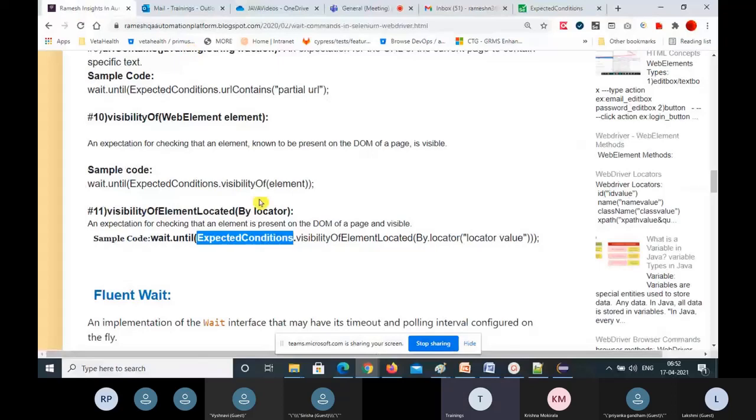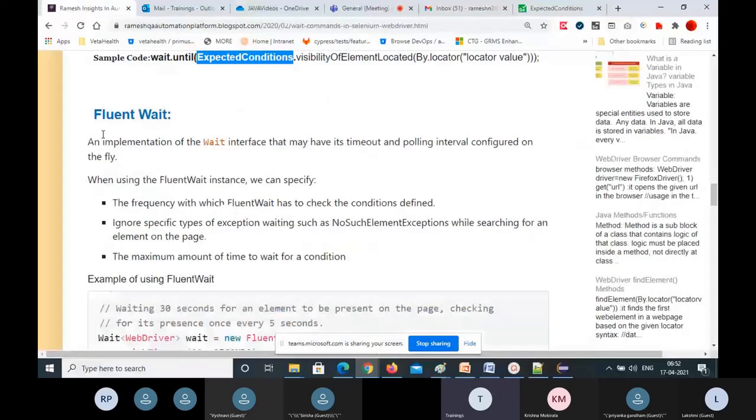Next, FluentWait. What is FluentWait? We have seen WebDriverWait. So, FluentWait is an implementation of the Wait interface. The Wait interface is implemented in the FluentWait class. The Wait interface has many methods, like polling for a particular element at an interval, and timeout.